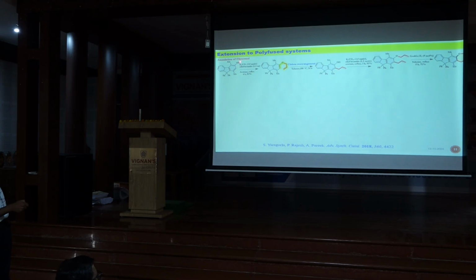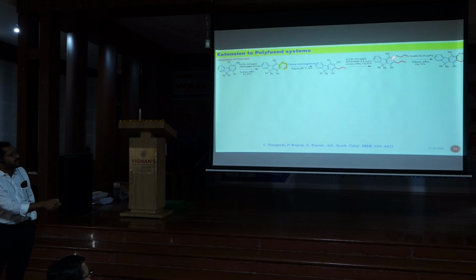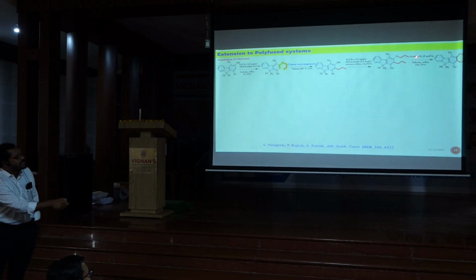And then we also tried to show some synthetic applications of these compounds. So we did allylation of this alcohol and then subjected it to Claisen rearrangement. Therefore, C-allylation happened, again O-allylation, and then we got the diene. We subjected this diene to ring-closing metathesis using Grubbs' second generation catalyst to give this kind of a scaffold.